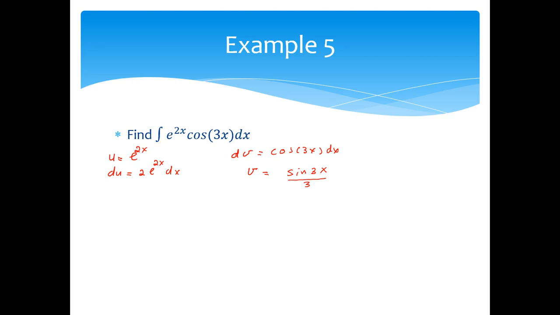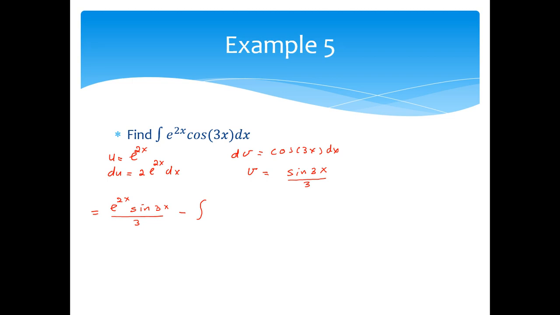So then when we apply integration by parts, we get u times v equals e to the 2x times sine 3x over 3, minus the integral of v times du, and that should be equal to